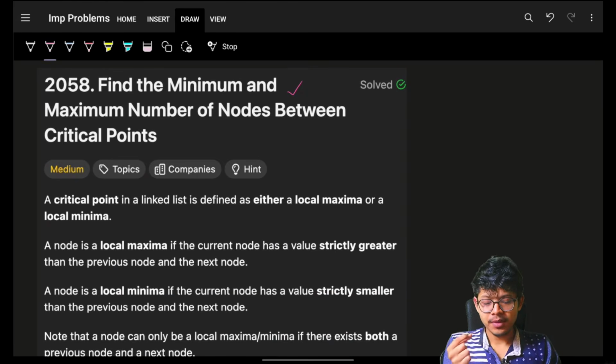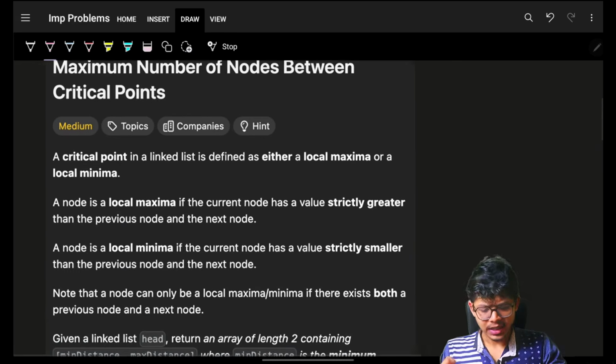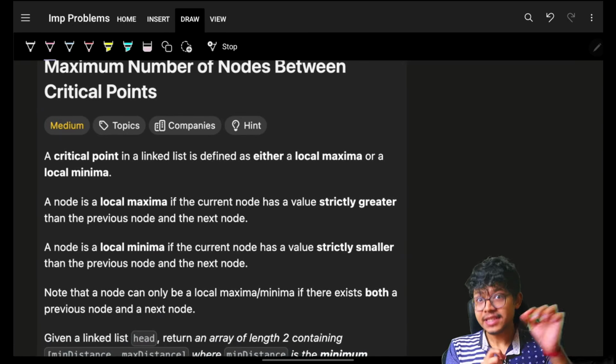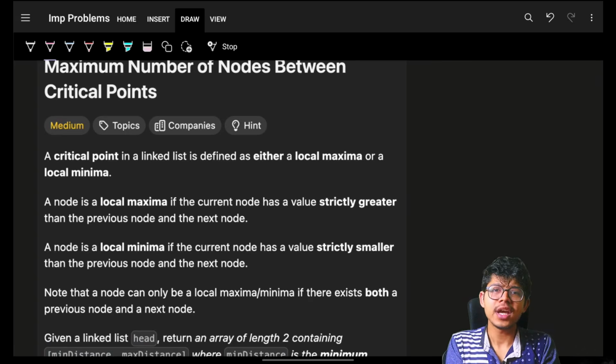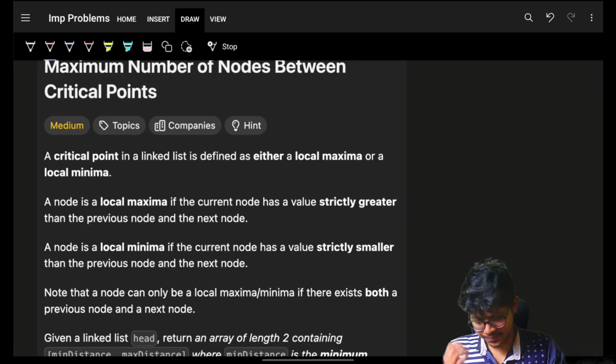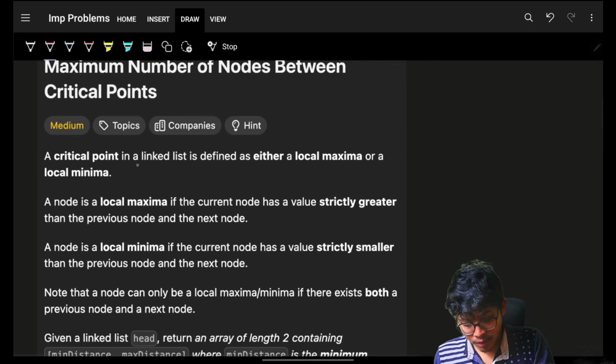and maximum number of nodes between critical points. Now, again, we have already seen similar kind of problems on a simple array. It is just that now this problem is on a linked list. It simply says that a critical point in a linked list is defined as either a local maxima or a